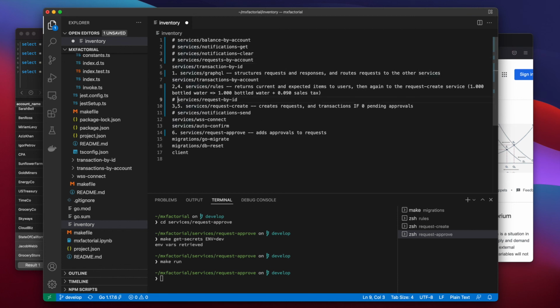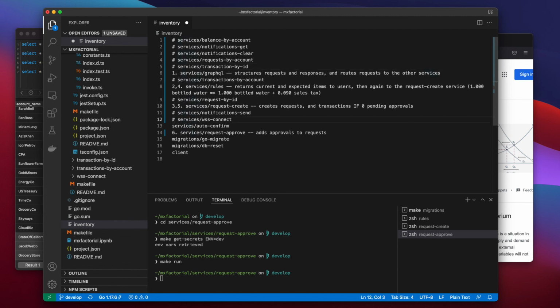Request by ID queries for a request by ID and responds with it. Transactions by account and transaction by ID perform the same tasks as the request services, but with transaction records. Remember, transactions and requests are stored in the same tables. Their only difference is that requests don't have all the approval timestamps.